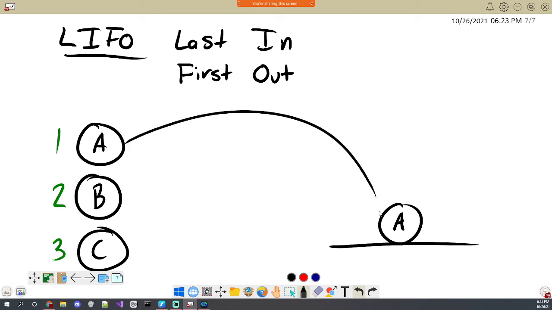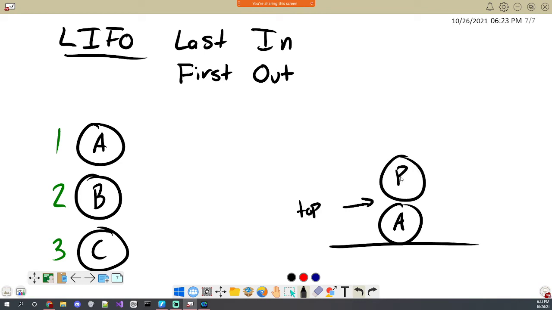So when we put A into the stack, we're going to put it at the bottom. When we put B into the stack, we're going to put it on top of A. So this is the top right now. And then we throw B on top of that, and now B is at the top. And then we throw C, and then C is at the top.